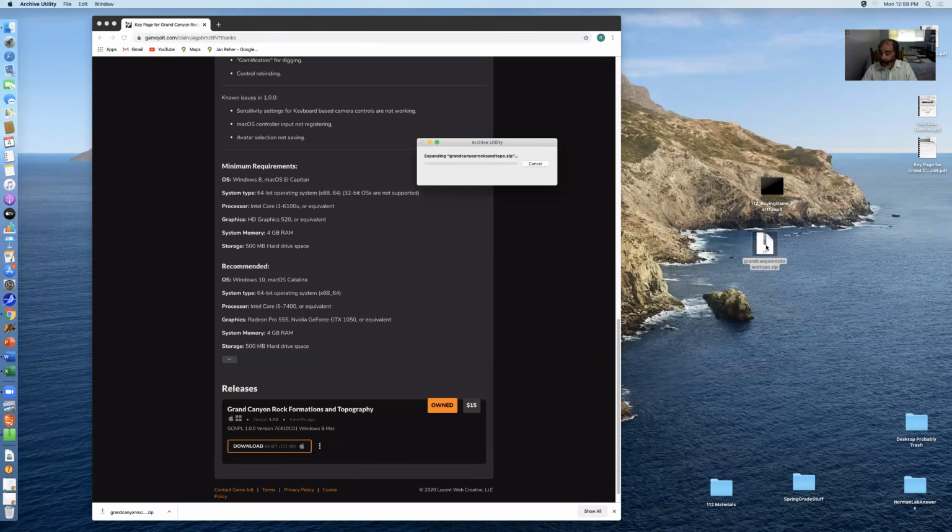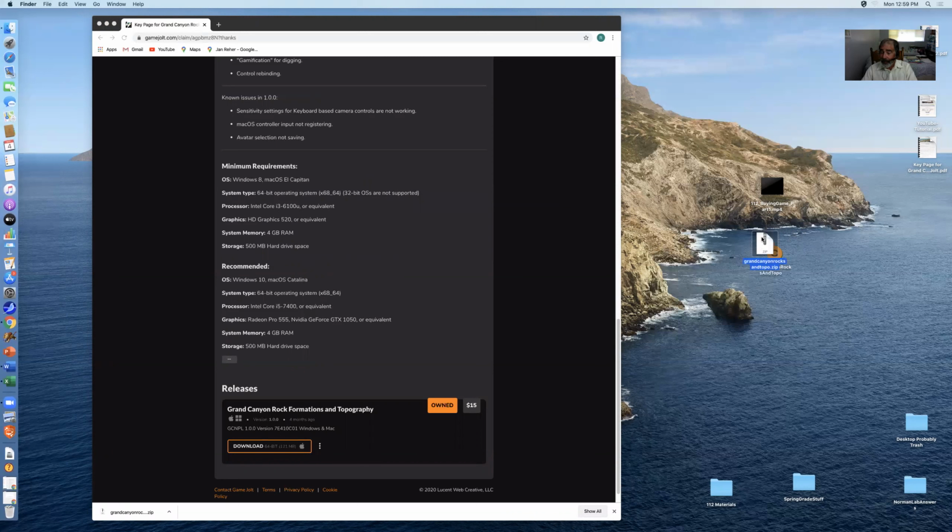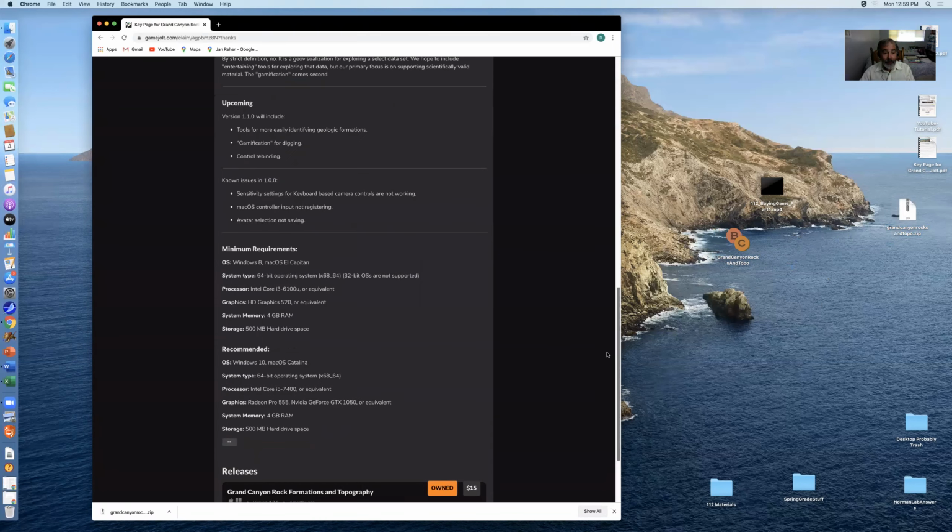When I unzip the folder, I see the game itself for a Mac, and I'm keeping the zip folder. The reason is if I mess up any aspect of it, I have the original download, and it's a good thing to keep. So now I own the game,